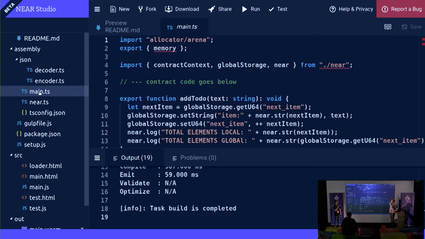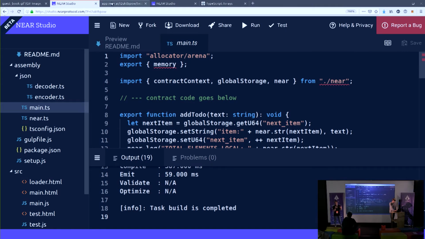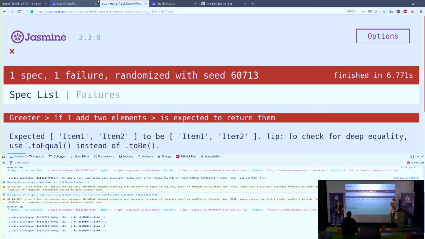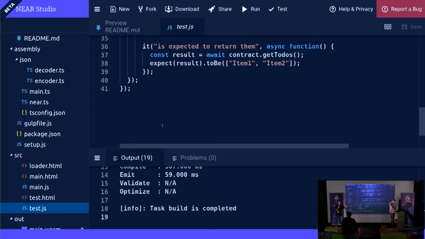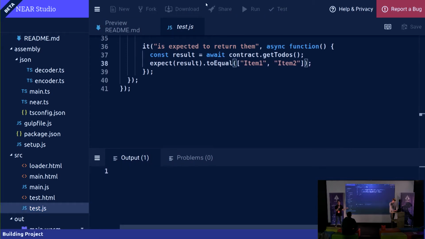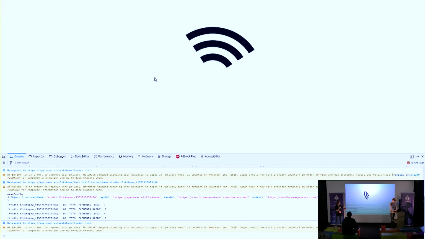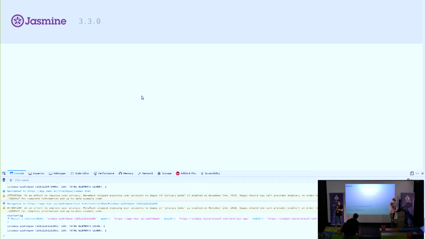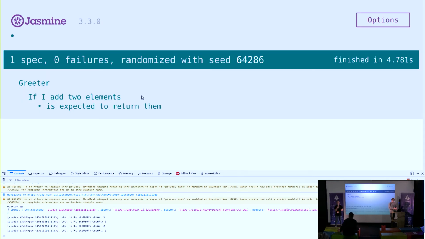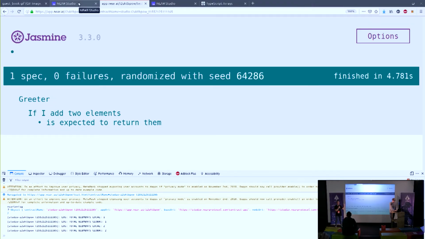What is happening is the contract itself is being deployed to a DevNet, which is hosted basically by us. It's right now a single node DevNet. And the UI that you're seeing pop up in the new window is essentially GitHub Pages. So we're hosting the UI for this dev environment, and that way you don't have to worry about where to put your HTML pages, and everything's already configured.